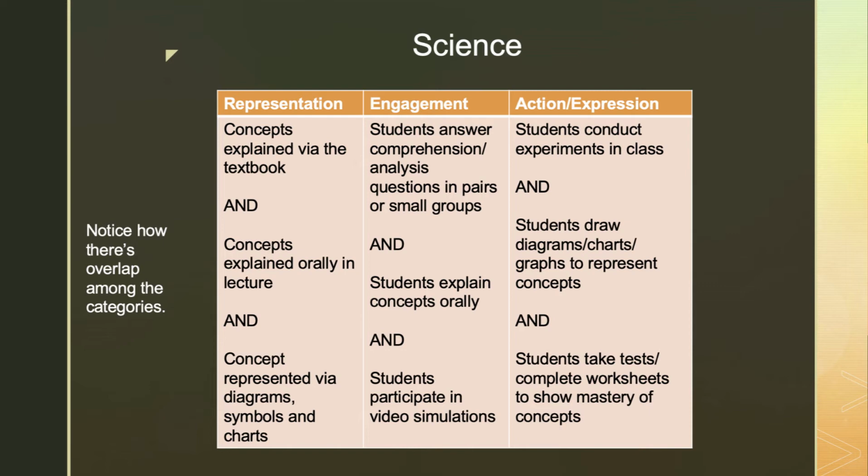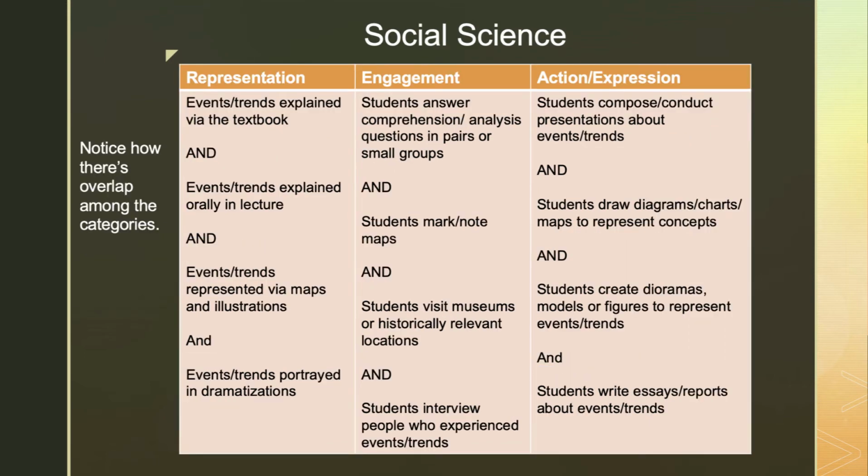As they do so, they develop skills that would enable them to conduct experiments in the laboratory or draw diagrams, graphs, or charts to illustrate those concepts. Completing worksheets or graphic organizers are other ways they can demonstrate their knowledge. By offering all three opportunities, students are showing their knowledge manually and verbally. Finally, in a social science classroom, UDL can emerge in different ways.